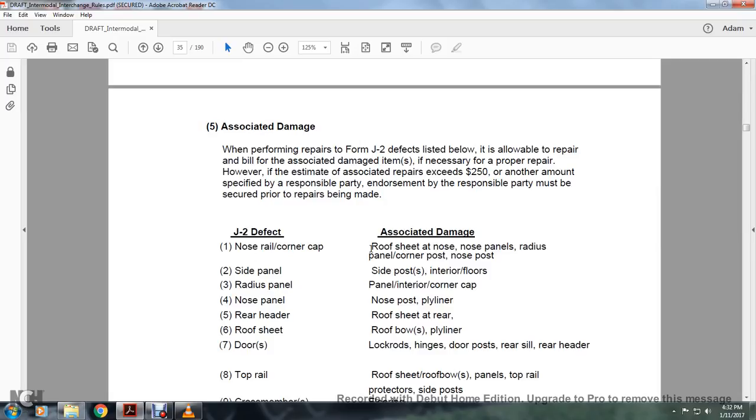Nose rail, corner cap; the associated damage: roof sheet of the nose panel, radius of the panel, corner post, and nose post. Side panel, side post, interior floors, radius panel, interior corner cap, nose panel, nose post and ply liner, rail header, rear header, roof sheet at the rear, roof sheet, roof bow, bows and ply liner, door, lock rods,